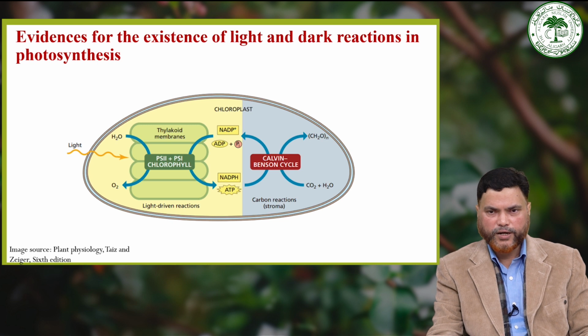So, what happened? It has been noticed that the rate of photosynthesis is generally higher under intermittent light, where light is provided in intervals separated by dark periods. It means the supply of light is not continued for a longer period. It has proper breaks. So, this indicates that when plants were exposed to intermittent light,